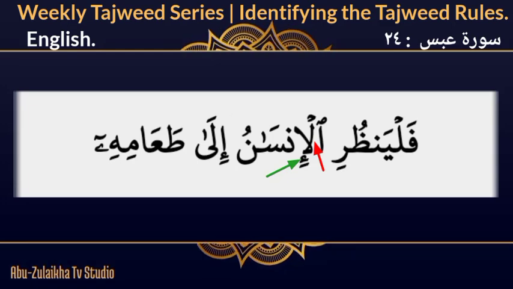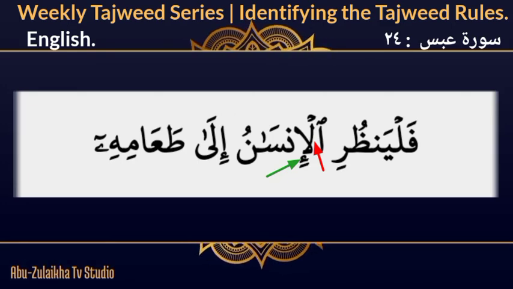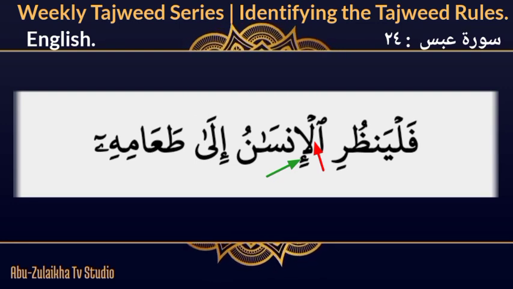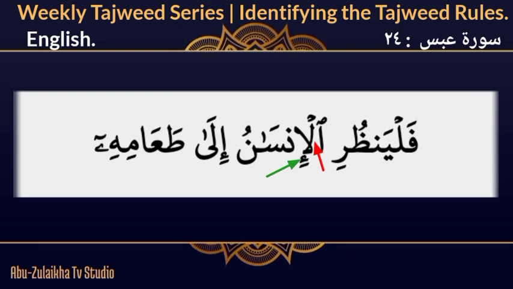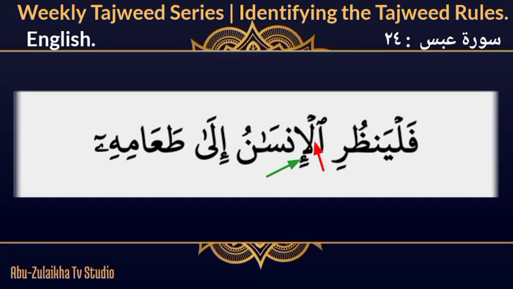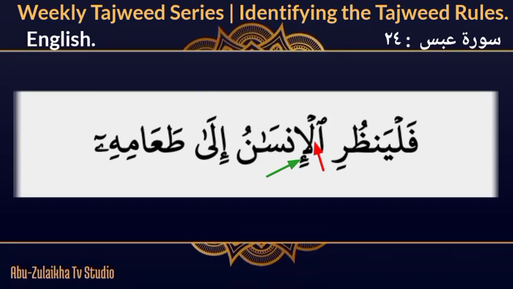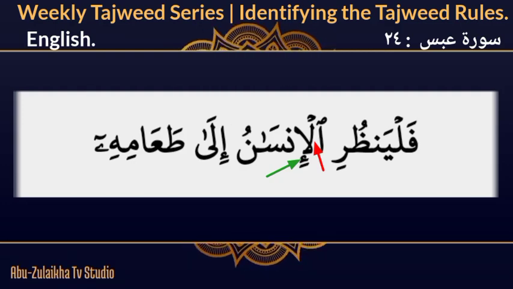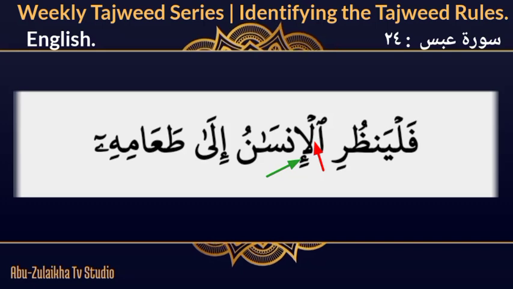فَلْيَنْظُرِ الْإِنسَانُ. I said فَلْيَنْظُرِ الْإِنسَانُ. Al-insan. We can hear the sound of the lam in this place in the word al-insan. Do you understand? So that's why I say فَلْيَنْظُرِ الْإِنسَانُ. And this type of lam, this is a lam of particularization, that is lam ta'rif. And the rule that is governing to this particular lam